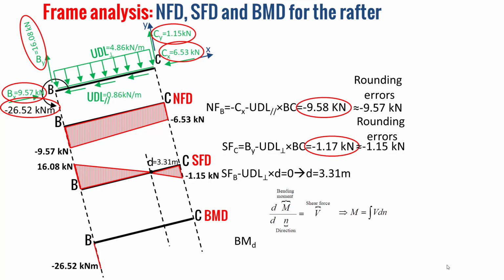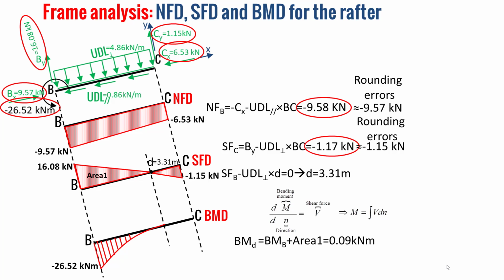Since the bending moment can also be seen as the integral of the shear force along the longitudinal direction of the rafter, the bending moment at the point D can be calculated as the bending moment at the point B plus the area of the shear force diagram before the point D, which is a positive area, and finally we obtain a bending moment at the point D equal to